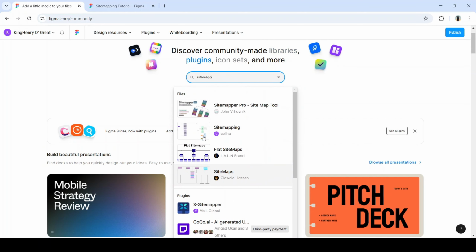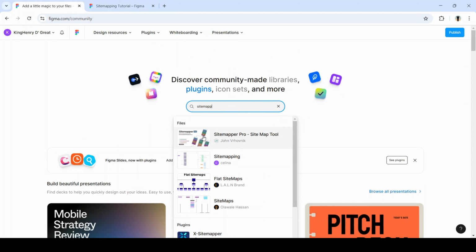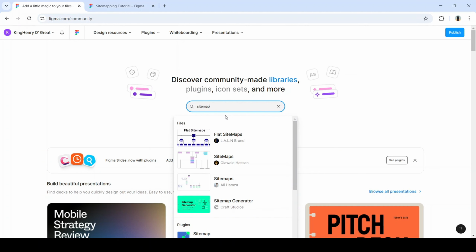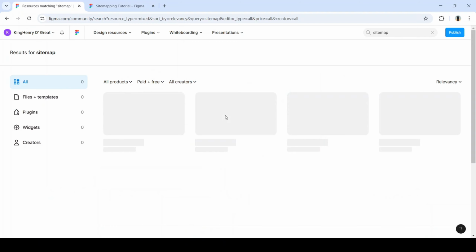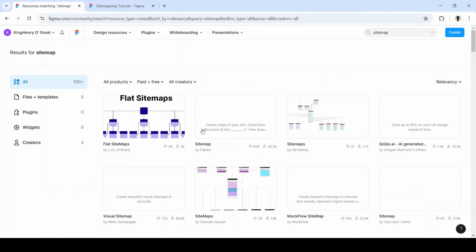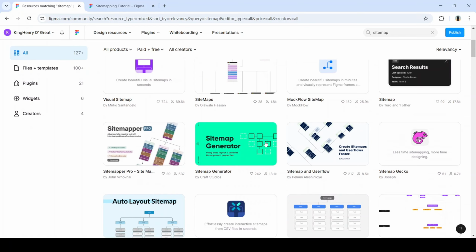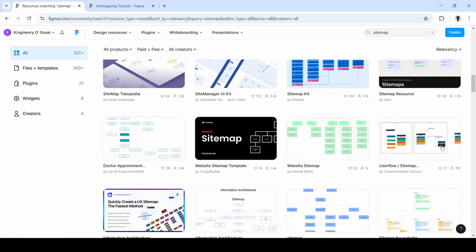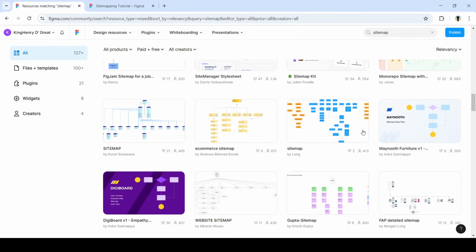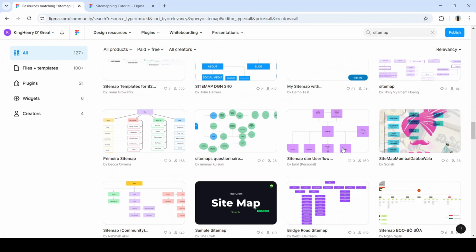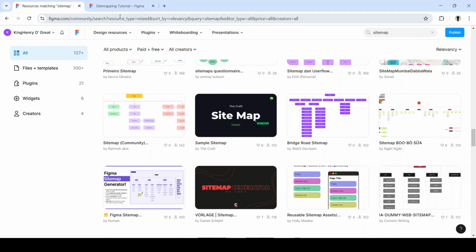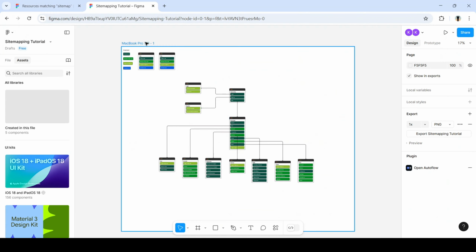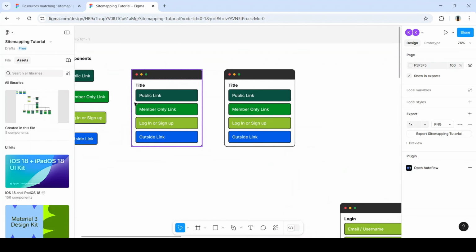Right? So like you can see here, you see a lot of sitemap templates, right? So you just have to scroll and scroll. You just have to do a good scroll, and you can just pick whatever from the community, right? There are lots of designs out there that people have already worked on to save time, right? But despite, I know it's really important and cool you get to save time, but it's also important I really get to